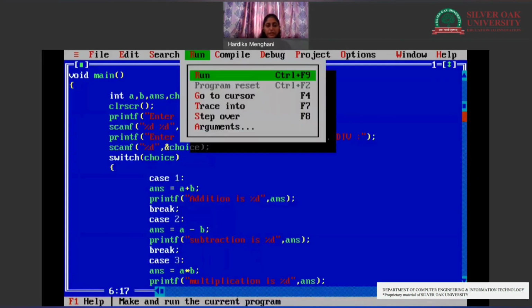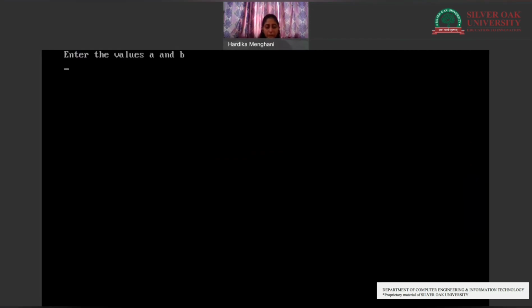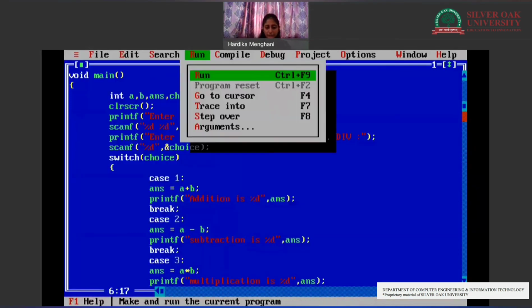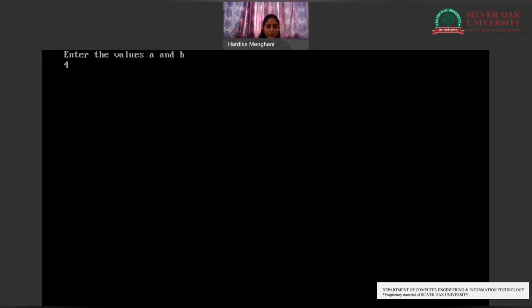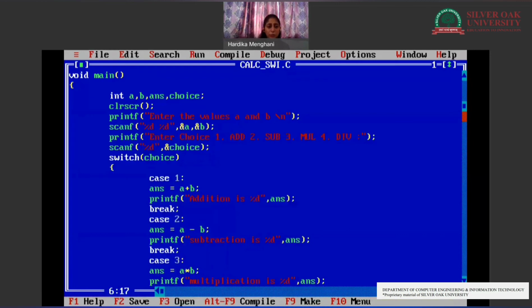The same way we can run the program again. Now I'm writing A as 6, B as 3 and I want to divide. So my division is 2. Okay. So my cases are working. Now supposedly I am entering A as 4, B as 2 and I am writing 5. Though it is mentioned that the choice should be between 1, 2, 3, 4, supposedly I am adding the input as 5, then it will let me know that you have entered a wrong choice. That means none of the operations can be performed.